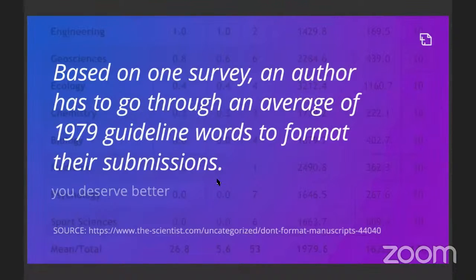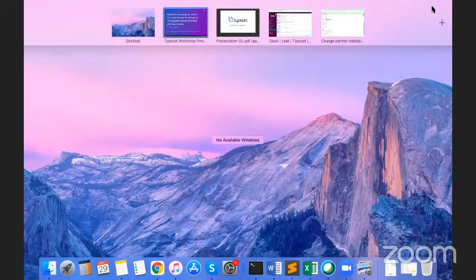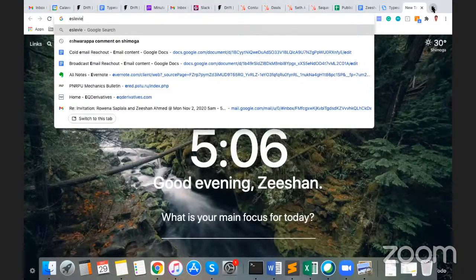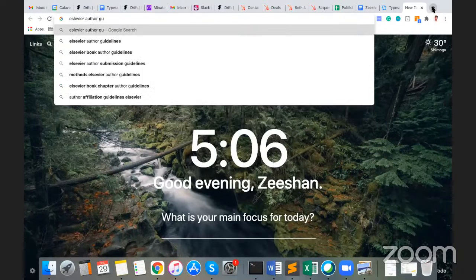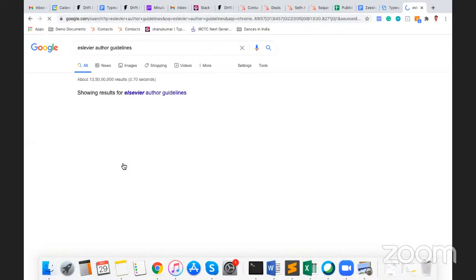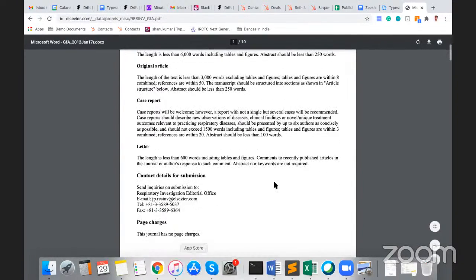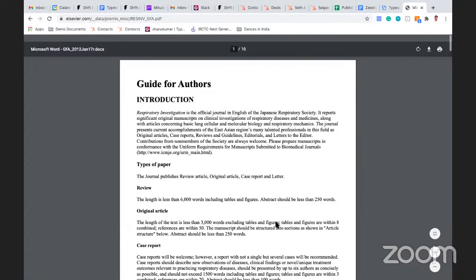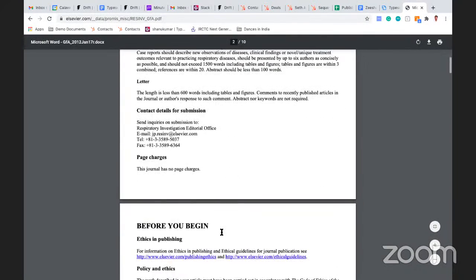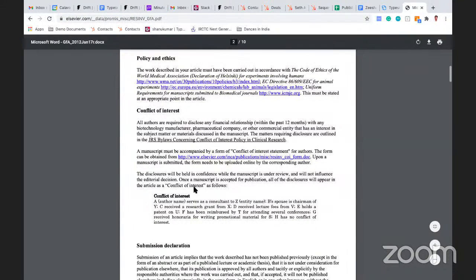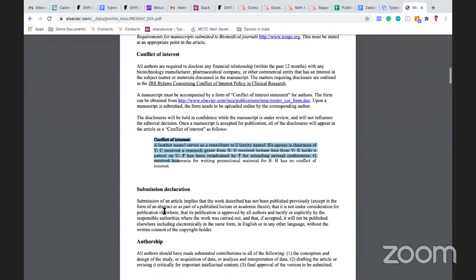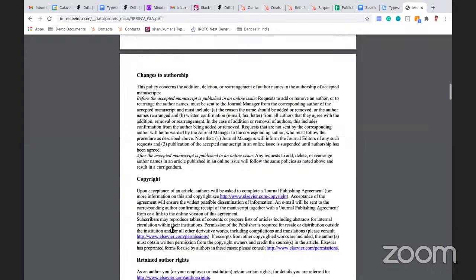Now, when you go on Google and do a simple search, such as Elsevier author guidelines, this is one of the documents that you will be looking at. This document is available on Google, so you can see that in each paragraph there are a lot of different specifications, such as how you should write the conflict of interest, what the copyright policy should be, and how you need to